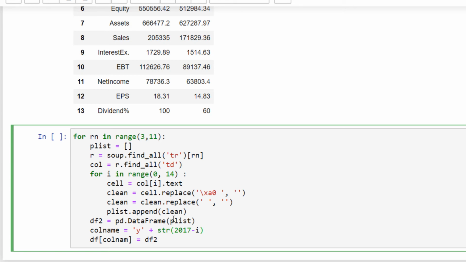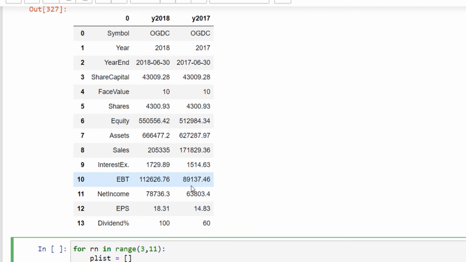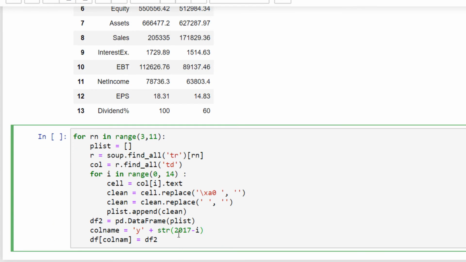Previously, we wrote the column name as year 2017, so the next should be year 2016. So as we move, the year should decrease by 1. Therefore, I am using a trick of 2017 minus i. So i is defined here. So this is 1, 2, 3, 4. So since it starts with 0, I may write minus 1.